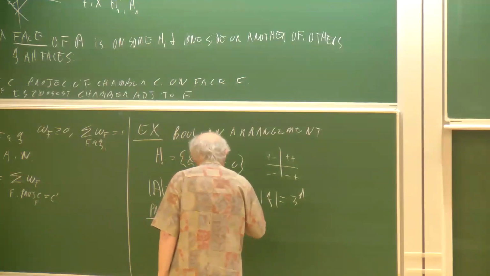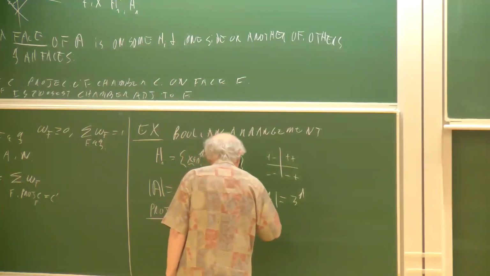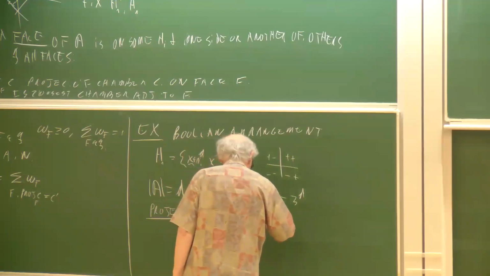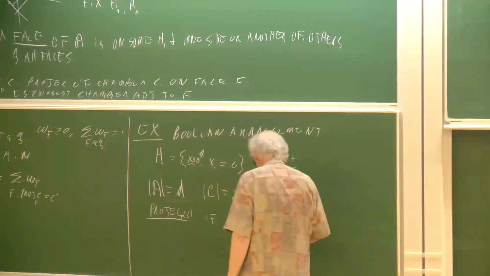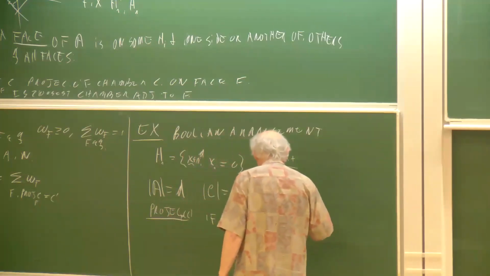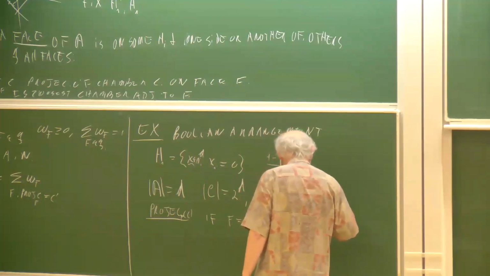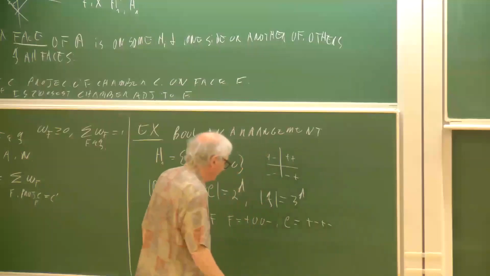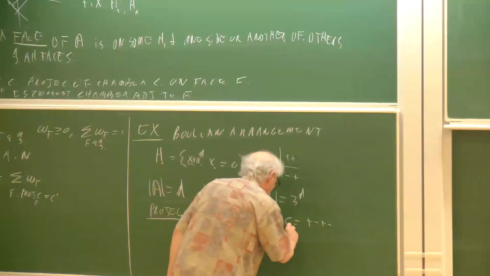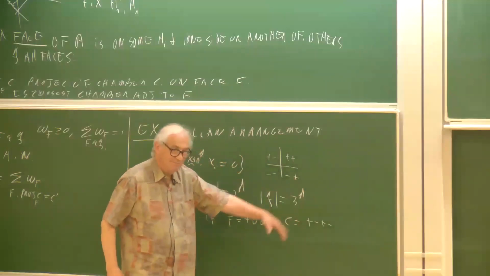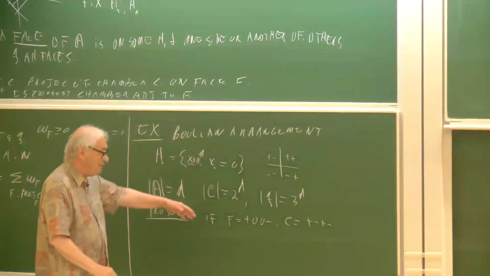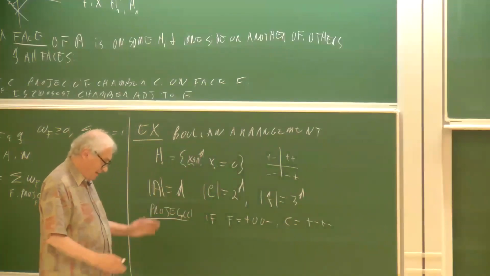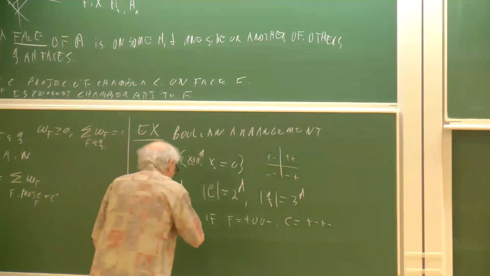If the face is, say, plus 0 0 minus, and if the chamber is plus minus plus minus, okay. The chamber, you're not on any hyperplanes, and the face, you're allowed to be on a few of them. The projection is